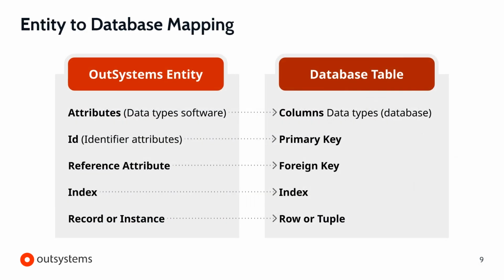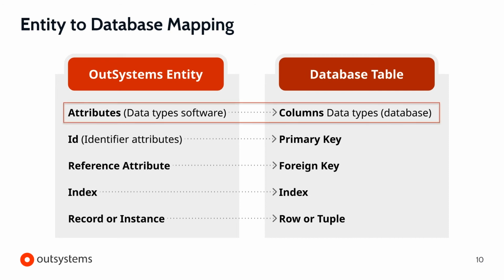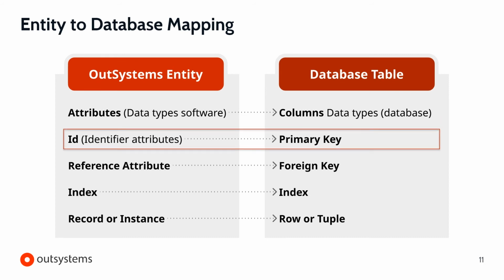Here's how the concept of entities relates to those used in databases. An entity in OutSystems will become a database table. An entity can have attributes, which in turn have a type. It may be date, email, or any other available type. Attributes are essentially database columns. Entities will end up having identifiers, which are primary keys in the database table.